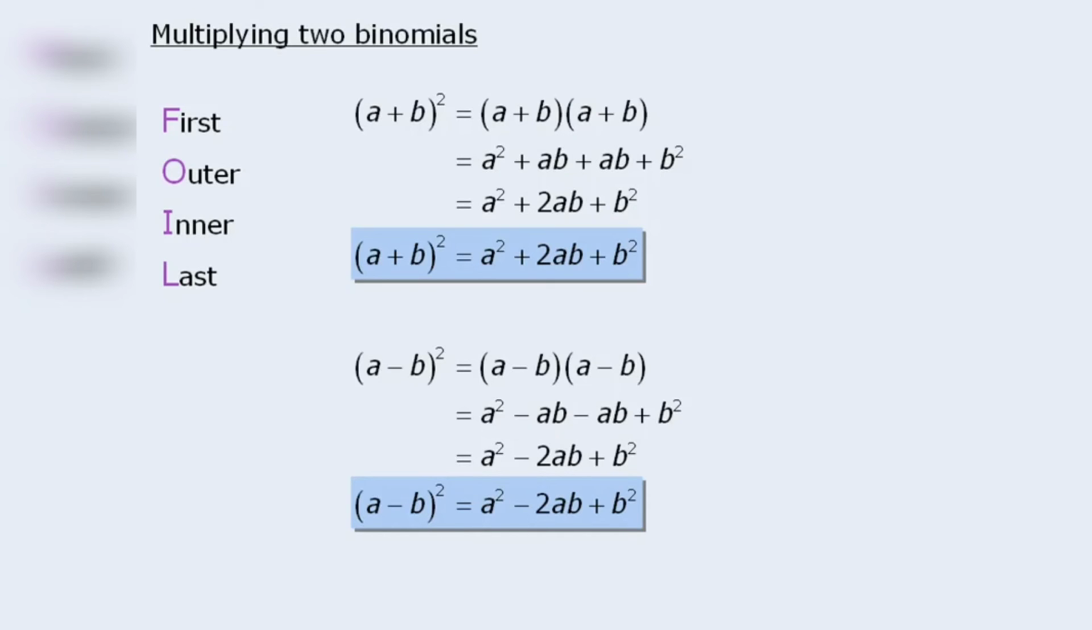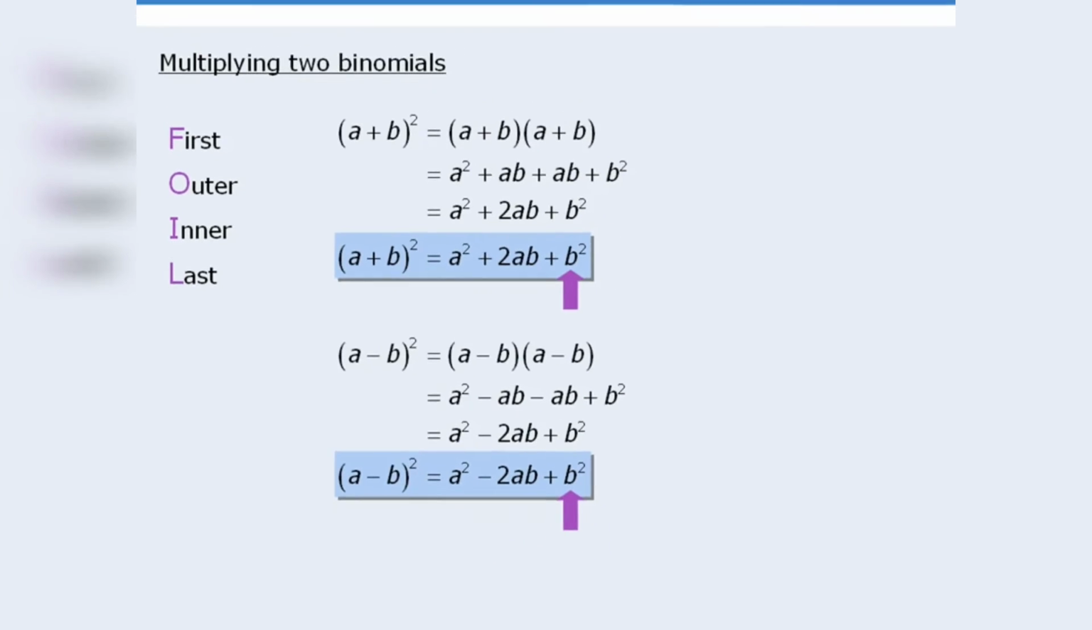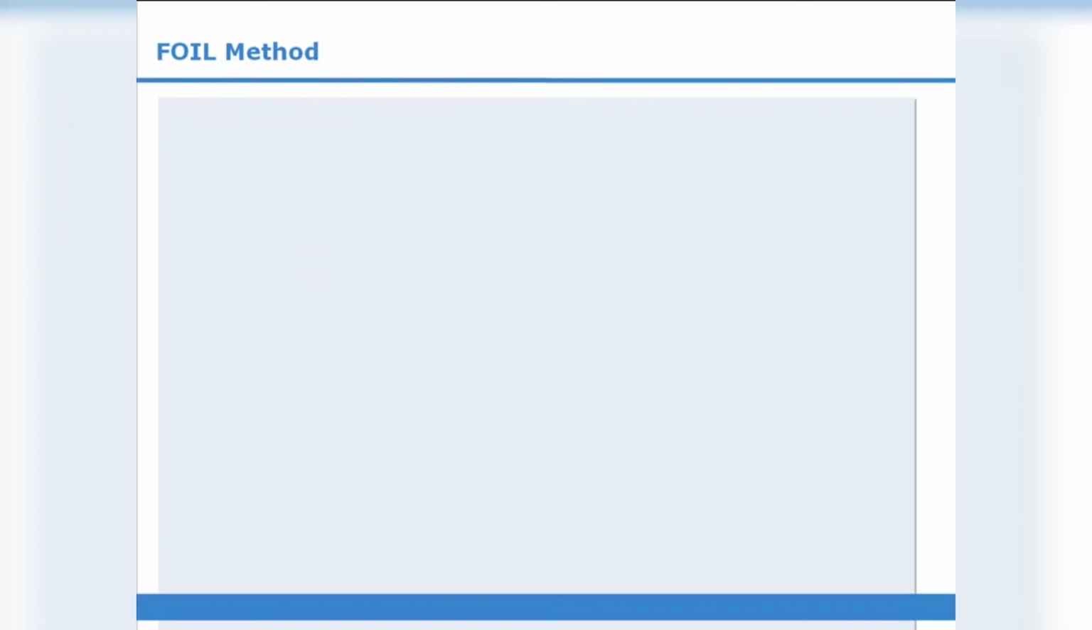Now these two products are known as special products, and they will come up later in the module. For the moment, however, please notice that in these two special products, the first term is a square and the last term is a square. We will learn the importance of this later on. Okay, to summarize, in this lesson we learned how to apply the FOIL method to multiply